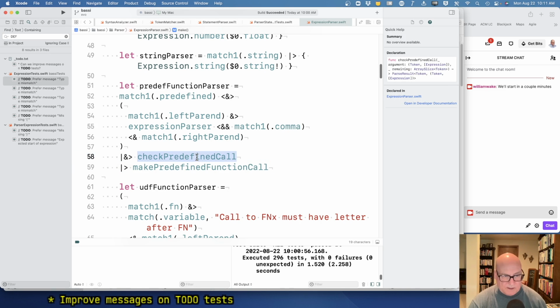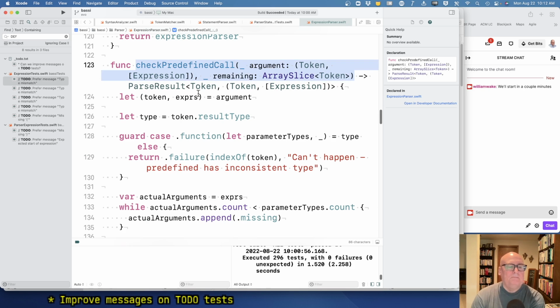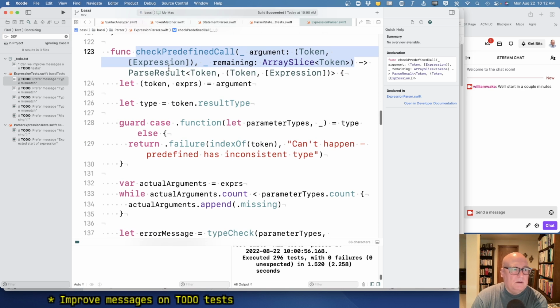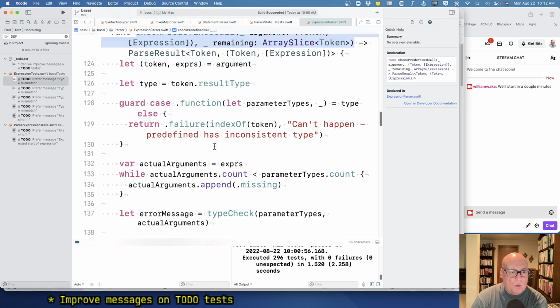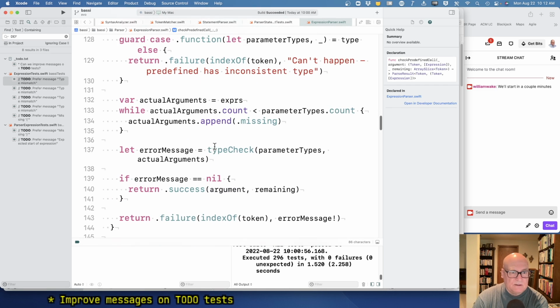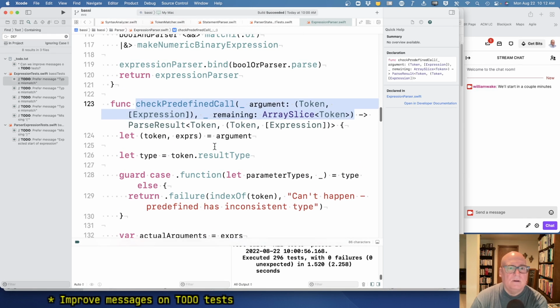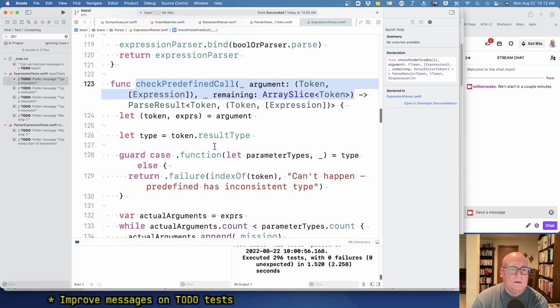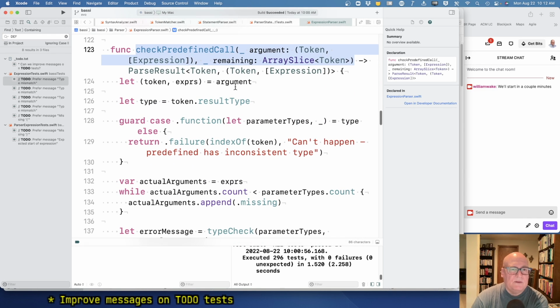Okay, so let's go look at this. We want to get some type mismatches. Okay, I think